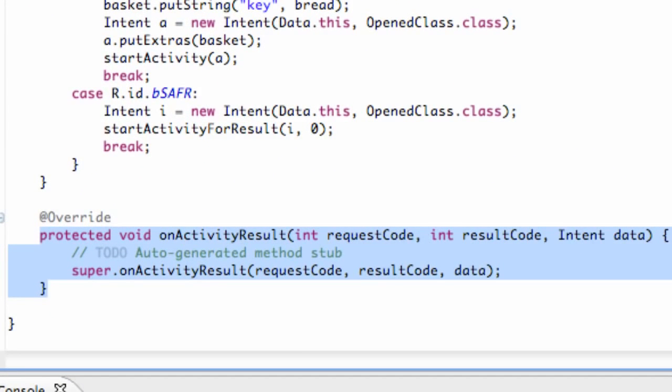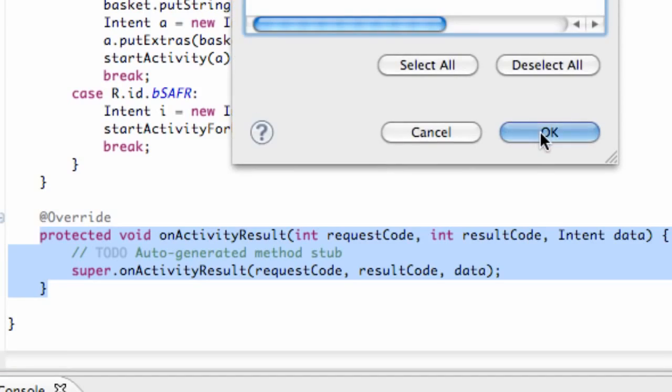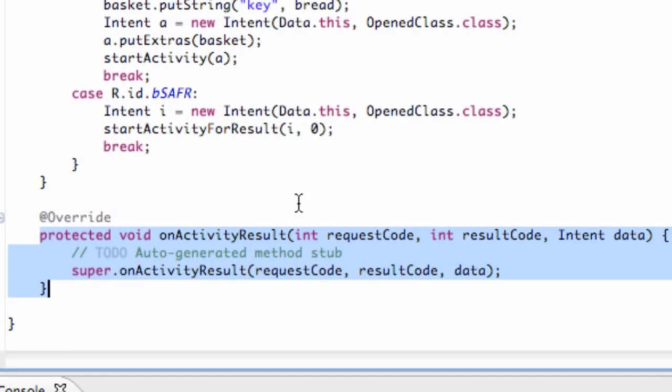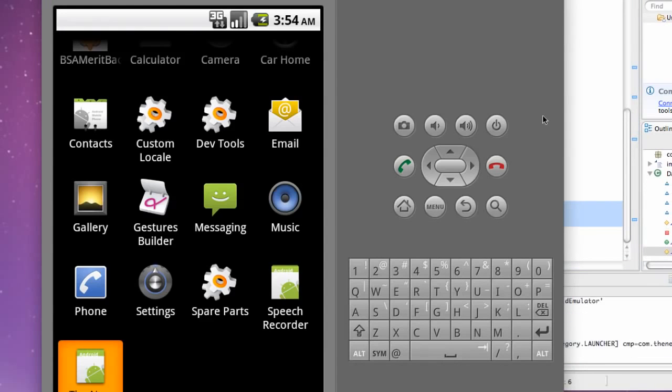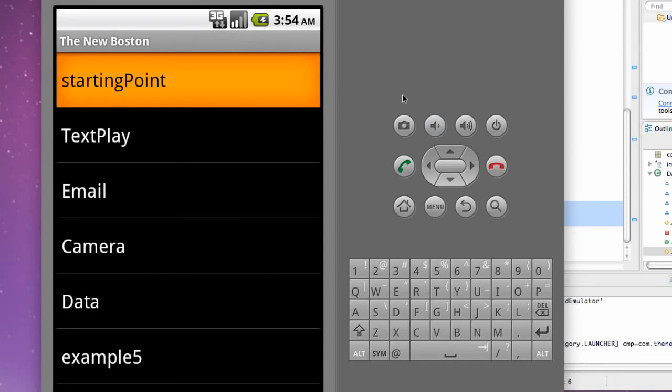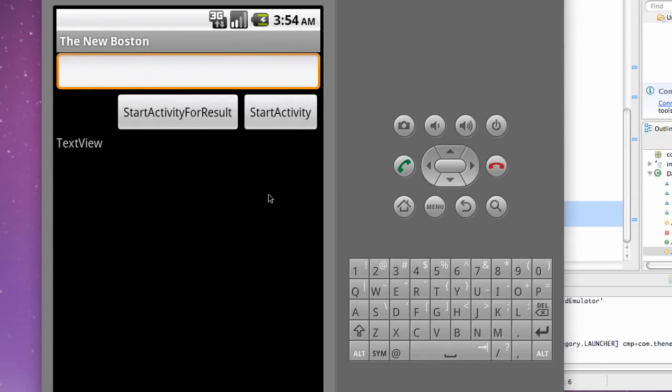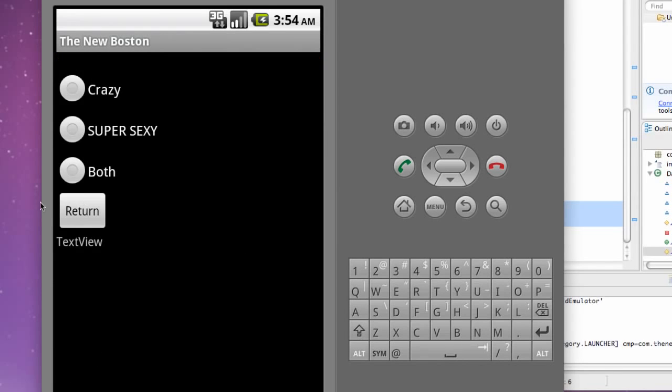I'll break this down more as we use this method, but we've set this method up now, and that's pretty much the end of the tutorial. I'm just going to make sure those radio buttons work, and there we go. I'll explain that a little more in the next tutorial when we work with actually passing the data and getting the result data. And as you can see, this test changes with each click of the radio button,